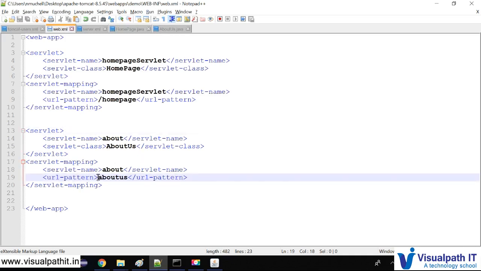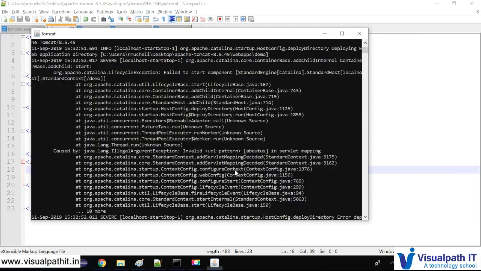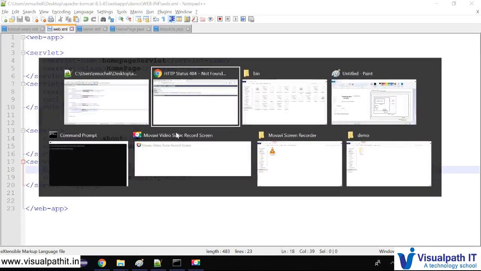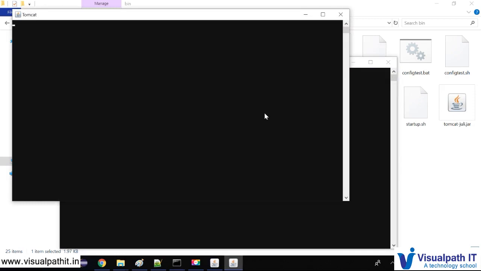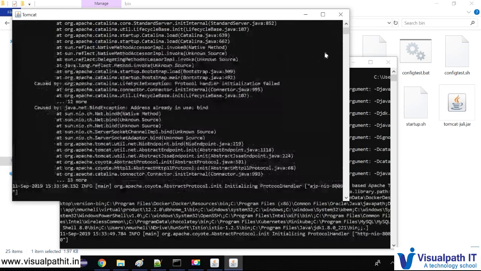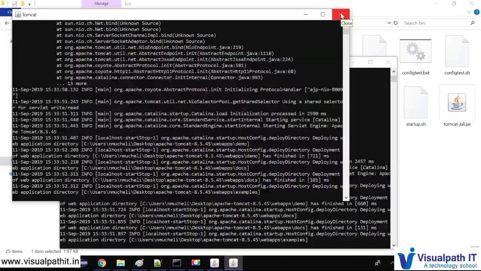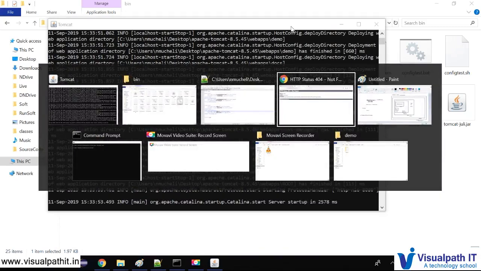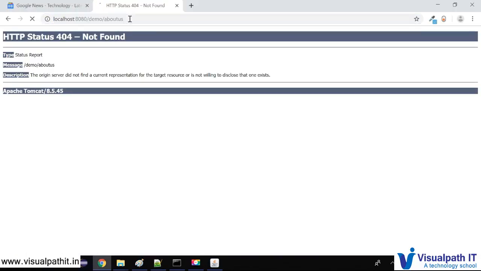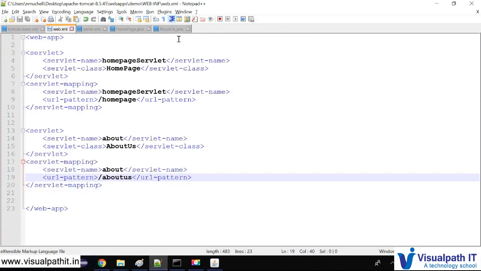The URL pattern should contain the slash character, otherwise it will throw an error. Let me restart one more time. Starting twice. Yep, got it. Let me rerun this. So now you got the About Us page. So this is how you can add a new servlet with the